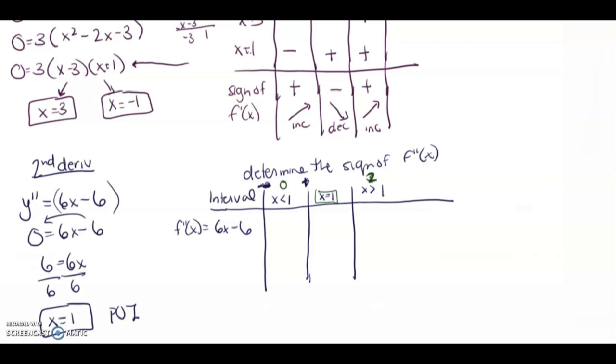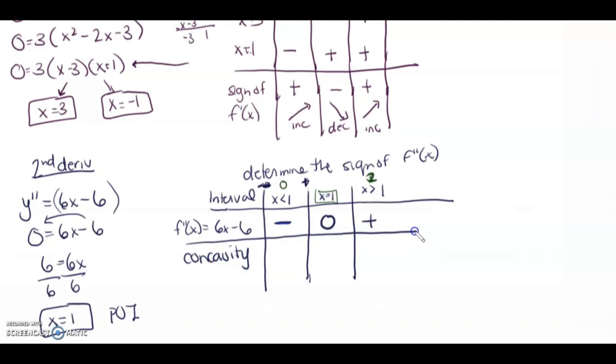Okay, so if we sub in 0 to 6x minus 6, we get a negative number. If we subbed in 1 to 6x minus 6, we actually get 0, and that's for a purpose there. And if we subbed in a bigger number, so say 2, so 6 times 2 is 12, minus 6, we're going to get a positive number. So we can determine the concavity